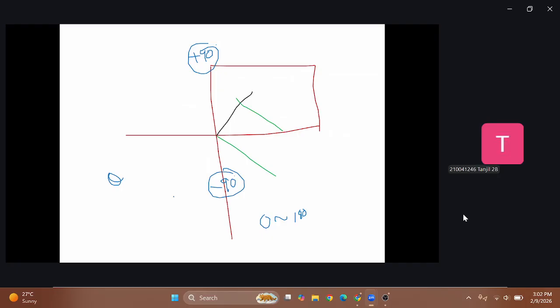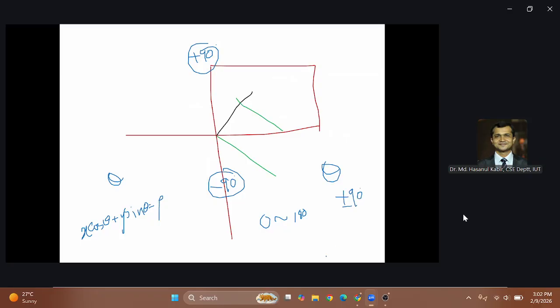Okay, so now you can see that whenever we have the representation of the line as x cos theta plus y sin theta equals rho, we know that the value of theta can range from plus minus 90, and the value of the distance rho can range from where? From plus to minus of some diagonal value. That means whatever diagonal distance is possible in your image. So let's say this distance is some d. So the value of theta is now ranging within a finite range. Can I say like this,